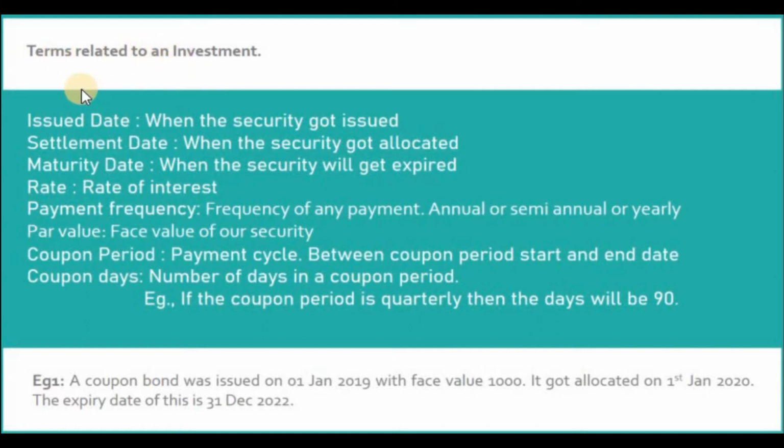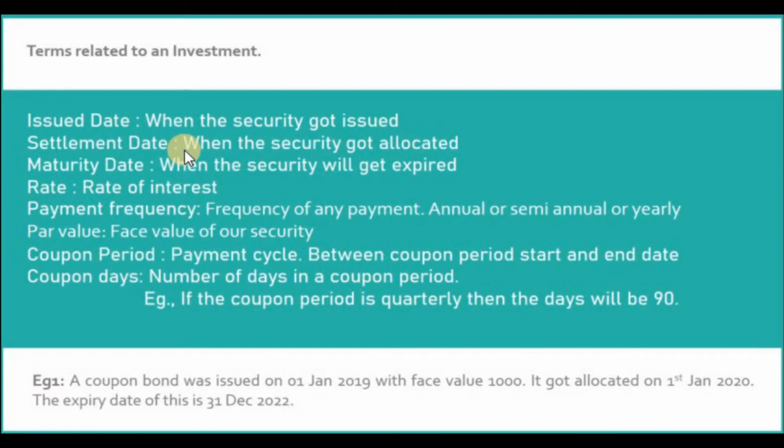Any security or bond, if you buy, it will have issue date. This is the date when the investment got issued. If it is a fixed income security like bond, the date which interest begins to accrue. Any trade should have buyer and seller. This is applicable for investments as well. The settlement date is the date when a trade occurs, and the buyer must make payment to the seller while the seller delivers the assets to the buyer.